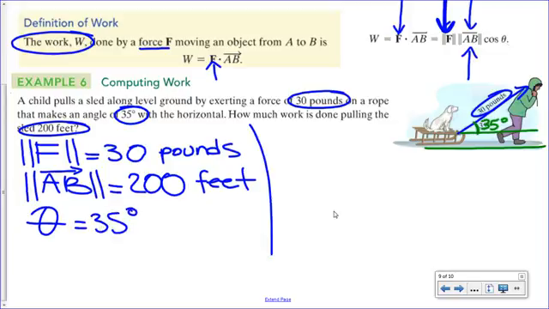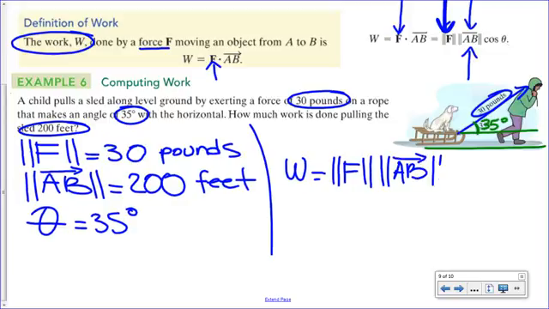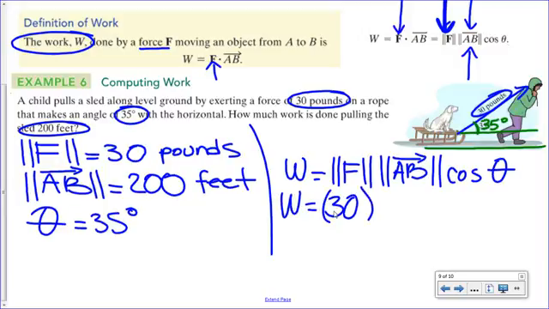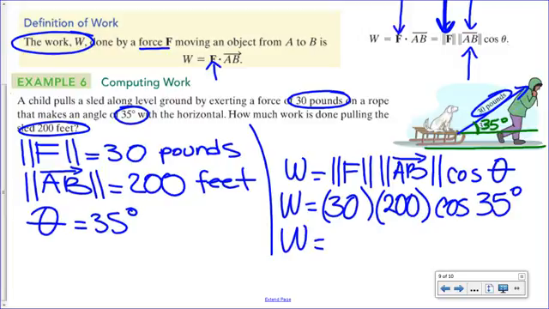Okay, so to solve this problem, it's pretty simple. We'll use the formula. So the magnitude of F multiplied by the magnitude of AB times the cosine of theta. And so let's substitute the quantities that we know. So the first one is 30. The next one is going to be 200. And here we have cosine of 35 degrees. And so you can enter everything on the calculator at once. Make sure your calculator is in degrees. And so what we get here is